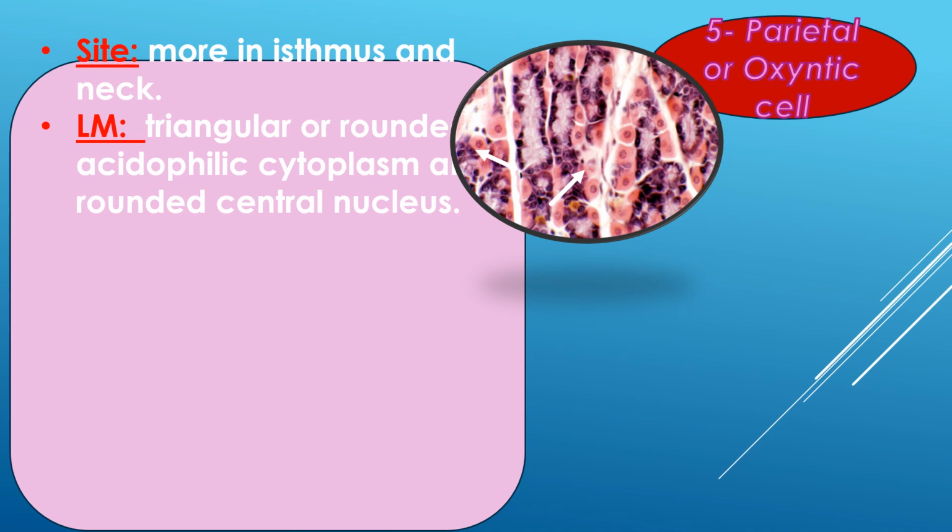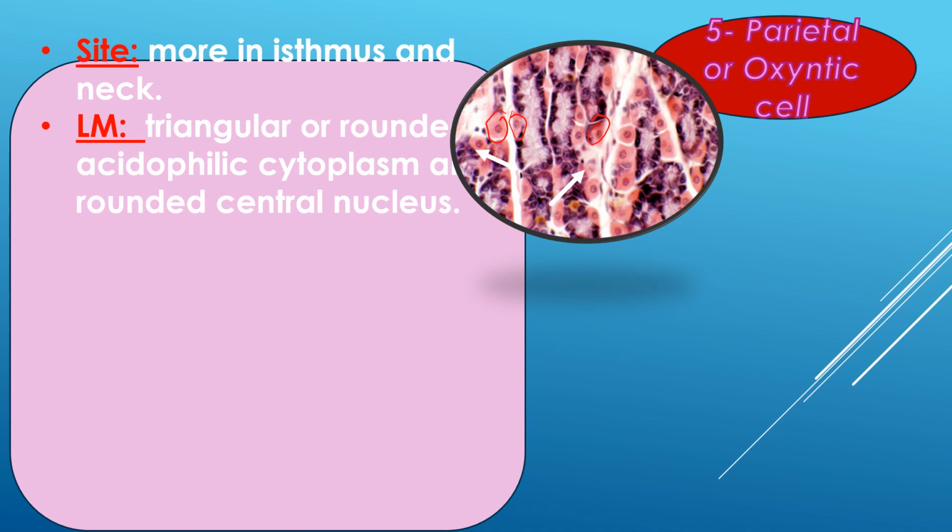It is abundant in the fundic gland, but you can find it more numerous in the isthmus and the neck of the fundic gland. By light microscopic picture, you will find this cell triangular in shape. Can you see this cell here? It is highly acidic. It is highly red. So this cell is a triangular round cell with acidophilic cytoplasm, and as we see here, the nucleus is rounded, central